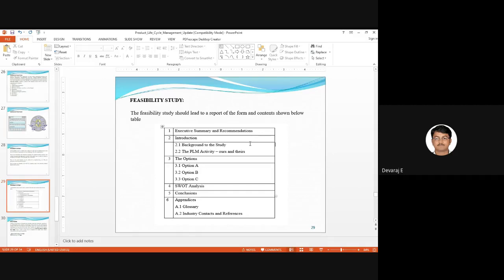Then the PLM activity, hours and dates. PLM is product life cycle management. After getting the information from the customer, we should go for new product development. You can see the PLM activity now, which you will develop, and the PLM activity before, from the last 2 years or last 3 years, if they're using product life cycle management. Actually, product life cycle management came about in 2000 or 2001. So if a company has been using PLM for the last 3 years,